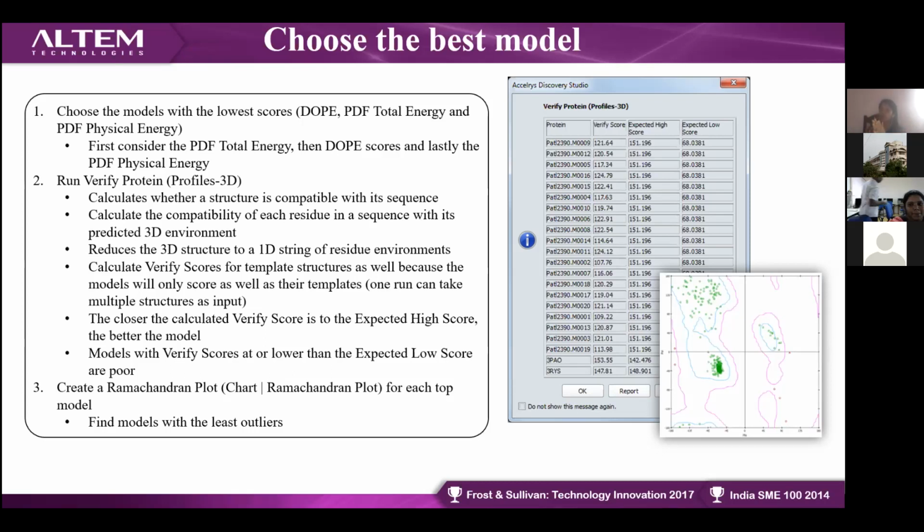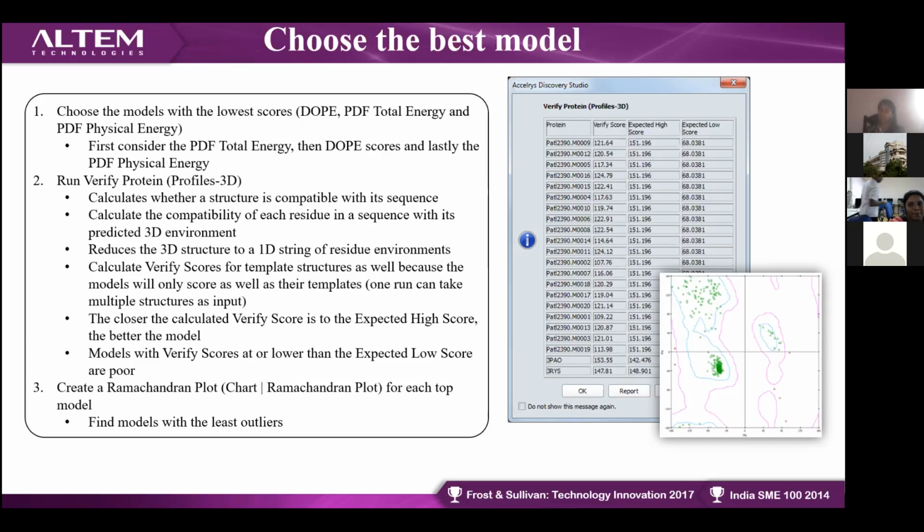How will you choose the best model? You choose your best model with the lowest score. The score is based on the DOPE score, as well as the PDF total energy and the PDF physical energy. First, you consider your PDF total energy.